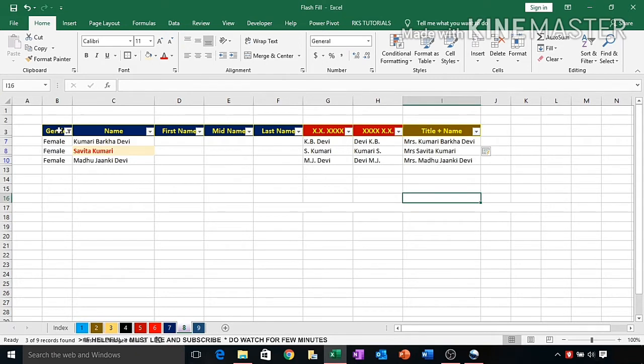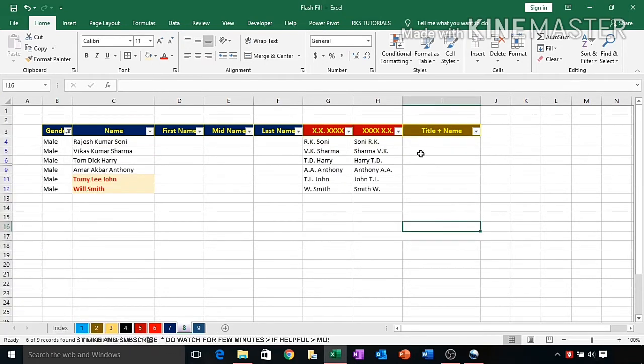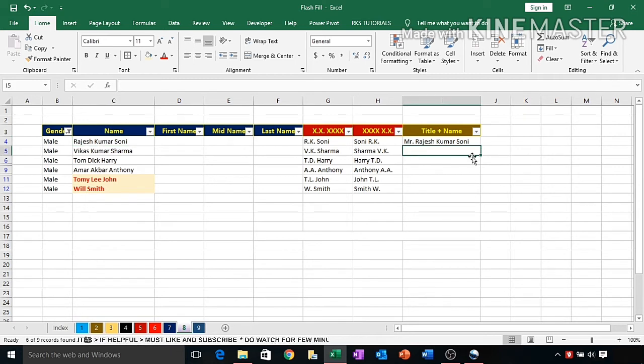Now we select the male and apply the Mr. with name. So we write MR dot Rajesh Kumar and Soni. Now in MR the second letter is R, and it may consider this R as a second letter. To avoid this kind of issue, you give another input to the FlashFill.